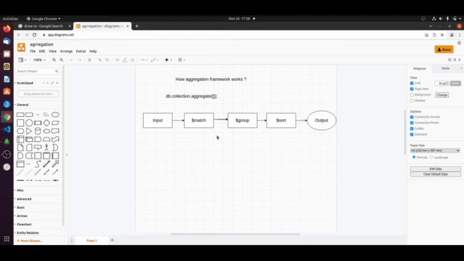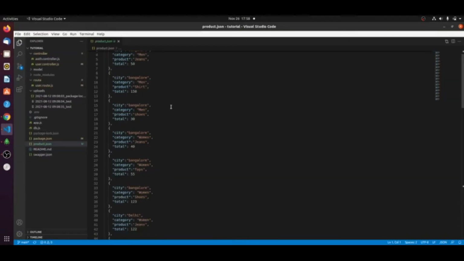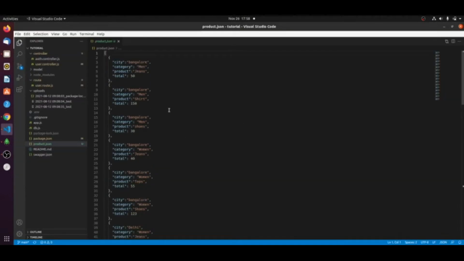In the same case, we will take one example and see. Let's say I have these records, this entire document, where I have done the product listing as per the city. Let's say for Bangalore, for the main category, for the product jeans there are 50 products available.